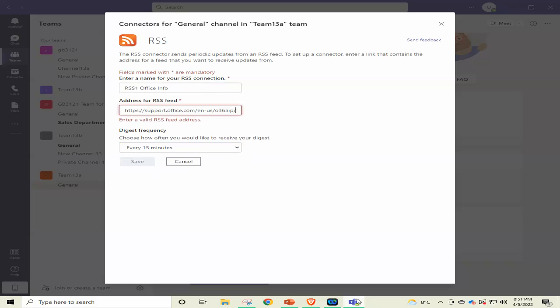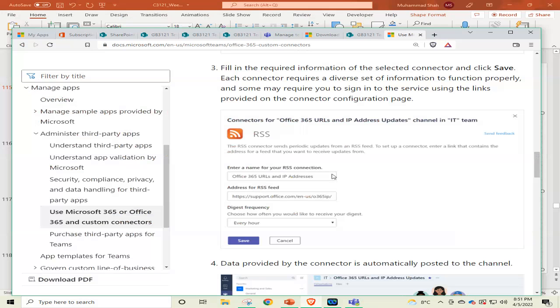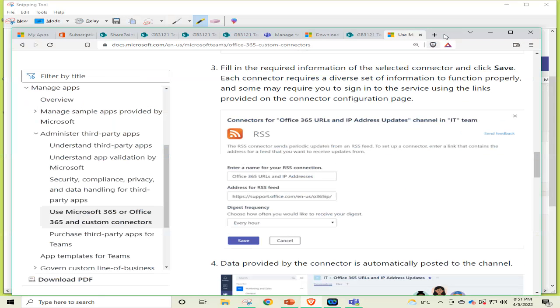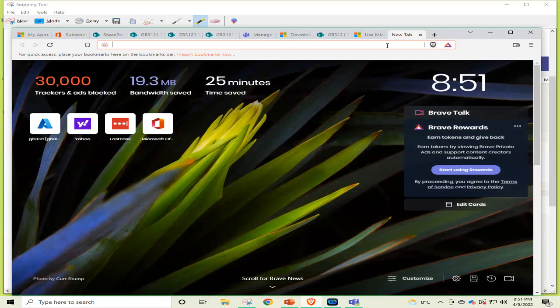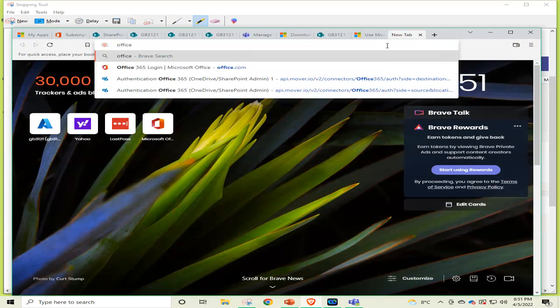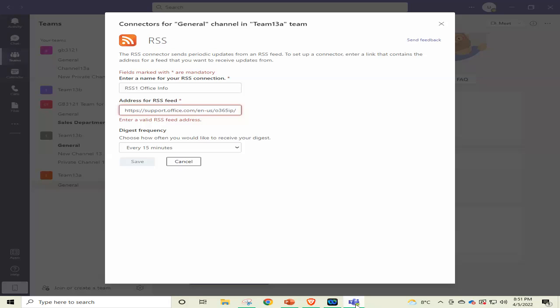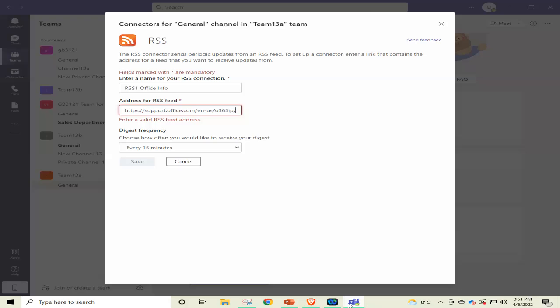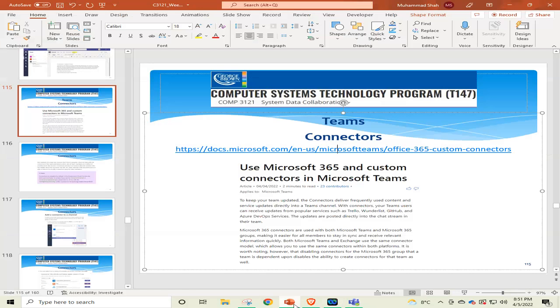Okay, I try to get it from Office 365 URLs and IP addresses. Let me check here if I can get it from Microsoft or from Google. Office, sorry, where was I? Here.